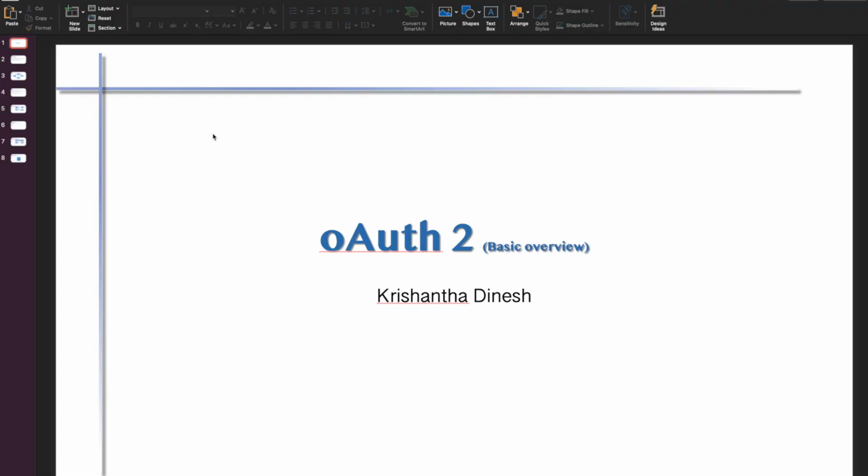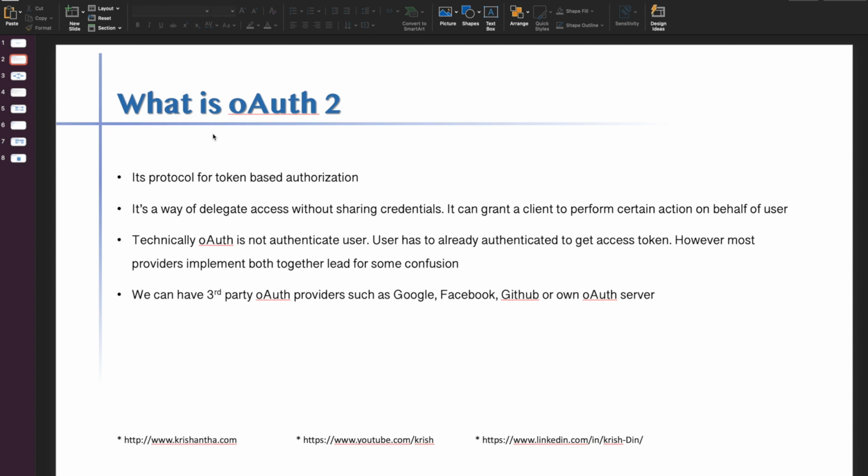I have a small diagram for you, so this will be easy to understand. OAuth 2 is a token-based authorization protocol. This is very important: authorization protocol. We are going to talk about this later. I'm not going to talk about the technical, theoretical stuff. You can pause the screen and watch those, but rather I'm going to explain how this exactly